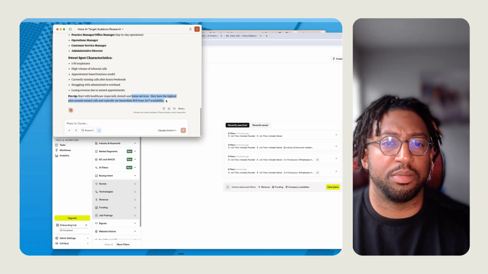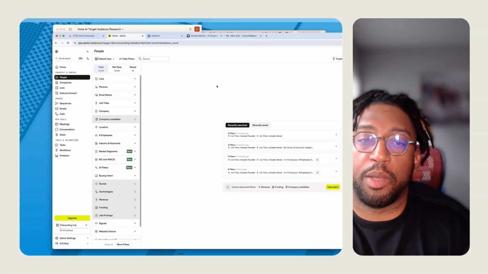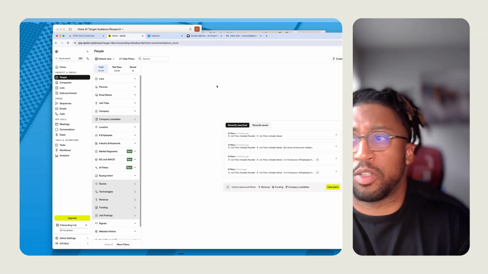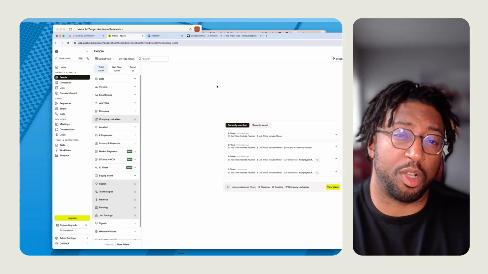Boom. So cool. We go to the platform Apollo.io and make sure that we're reaching this audience, and it's going to give us the filters. If you wanted to do a deeper dive, you could actually ask ChatGPT or Claude, hey,